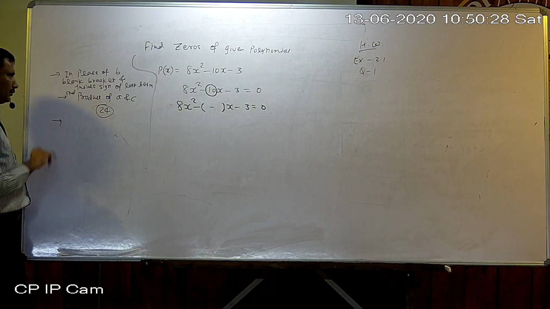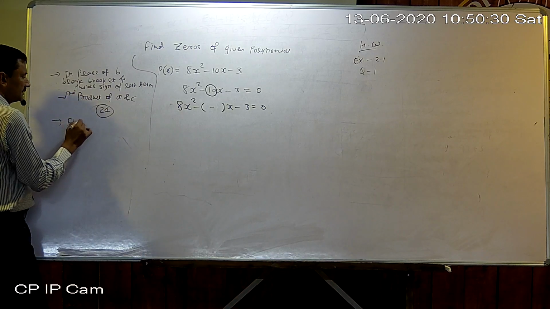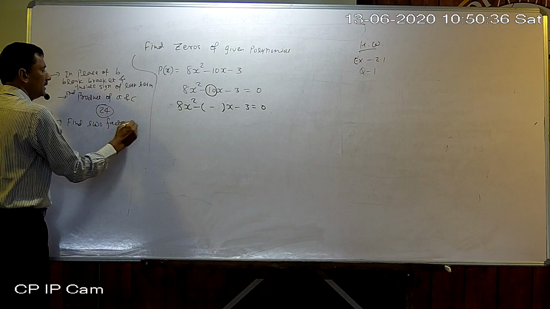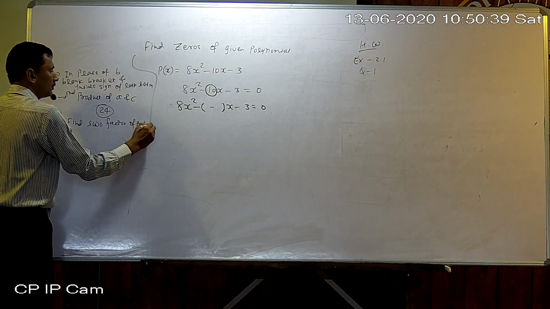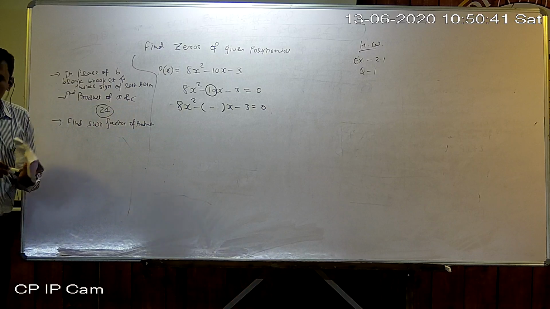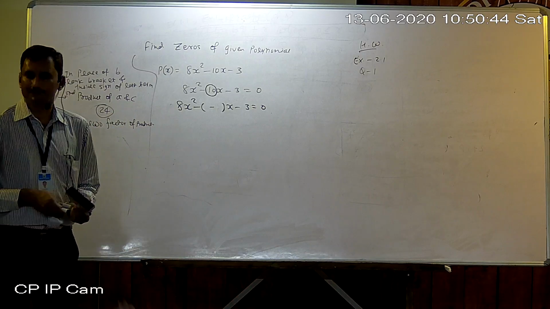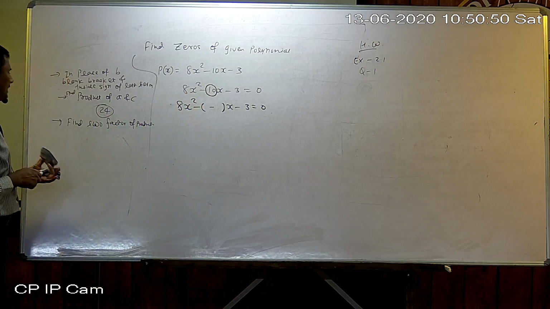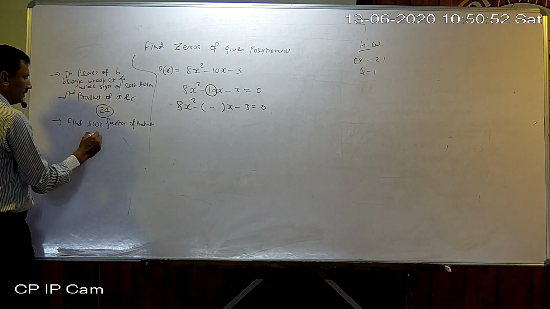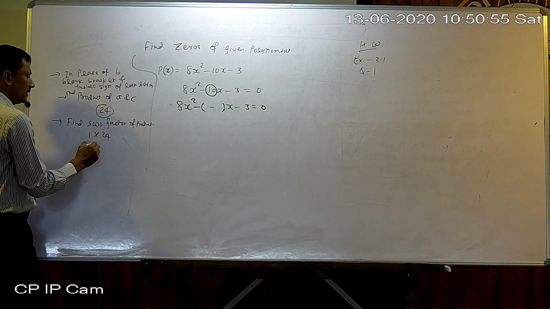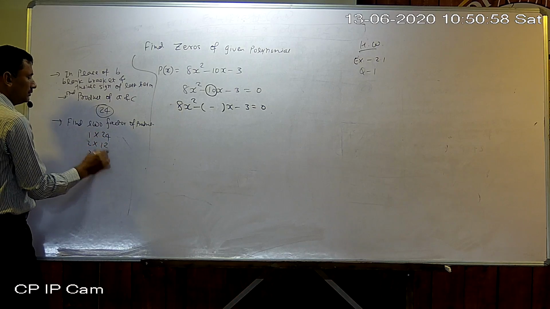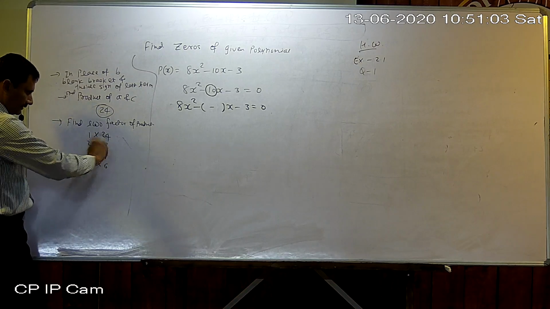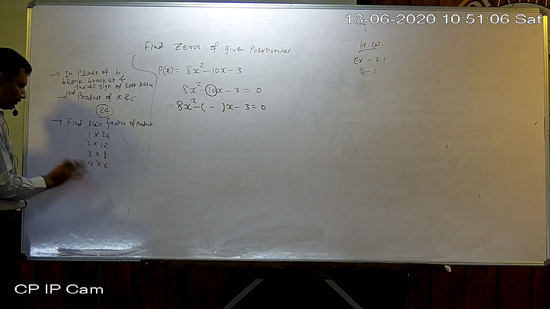We got 24. Now what? Find two factors of the product. You got that product in the previous step. Okay, so select two factors of that product which give us a difference of 10. So now I am writing all the pairs of 24. Suppose 1 into 24, 2 into 12, 3 into 8, 4 into 6. Now if you go ahead, it will be in reverse way. So now all the pairs are there.